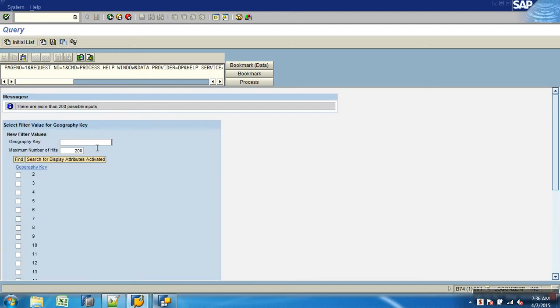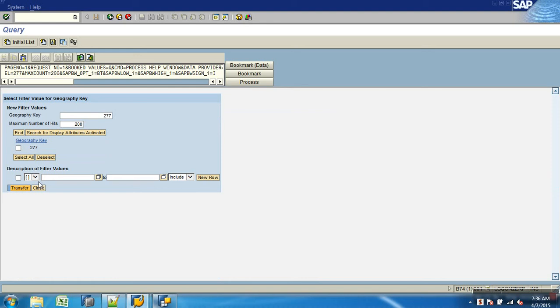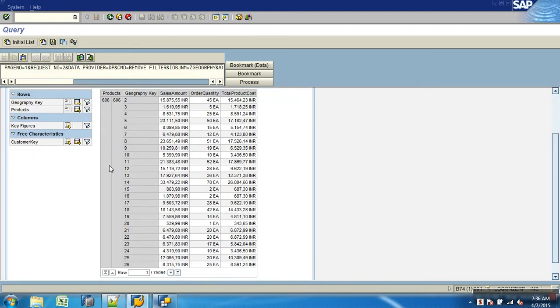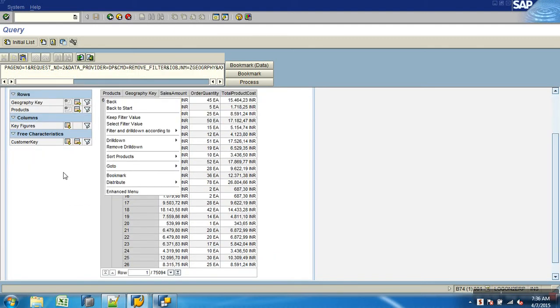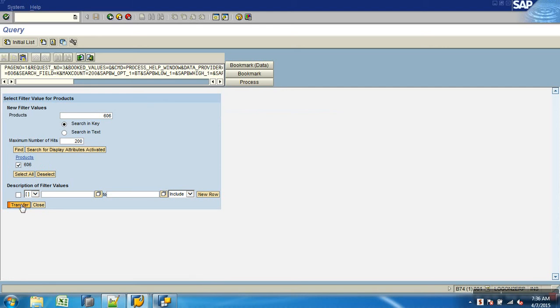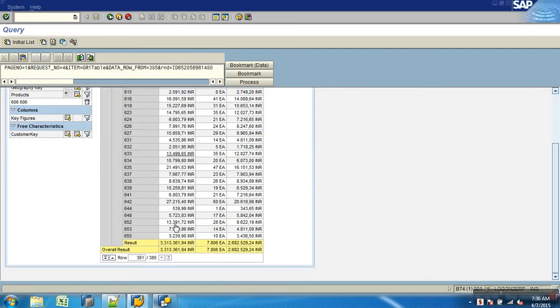Let's filter it on. Now do you see sub results now? But as soon as I remove this, if it has to show data for, now, for example, let's filter it for one product key and see. Now do you get to see sub results as well as overall result also? Why? It is a summation of multiple rows. Only if it is summation of single row, it will hide that result.